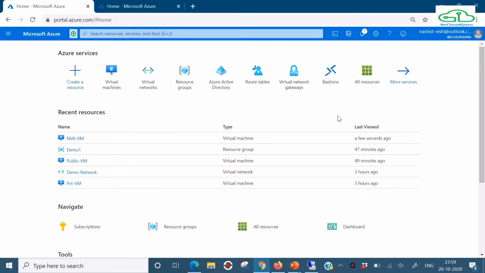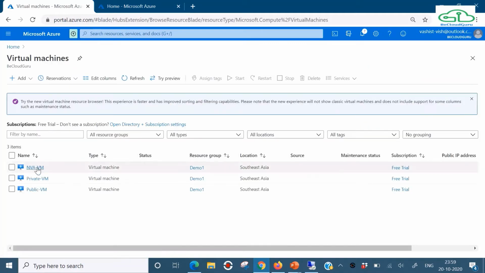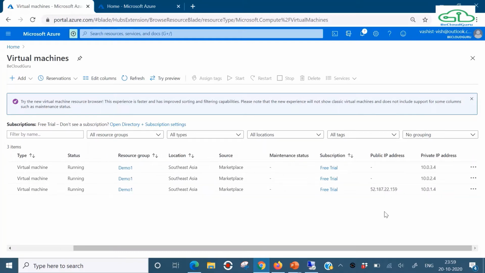Configuring our resources to have this demonstration of Azure user defined routes along with route tables. So if you look at it, I have got three different virtual machines. One is the NV VM, which we're going to configure as a virtual appliance. And other than that, we have got a private VM and the public VM. Public VM has got a public IP, and other than that, both of the machines have got a private IP